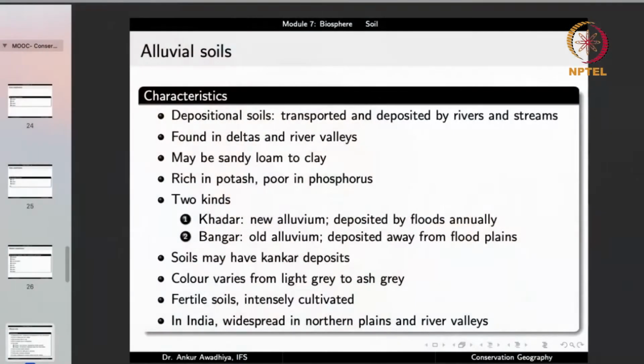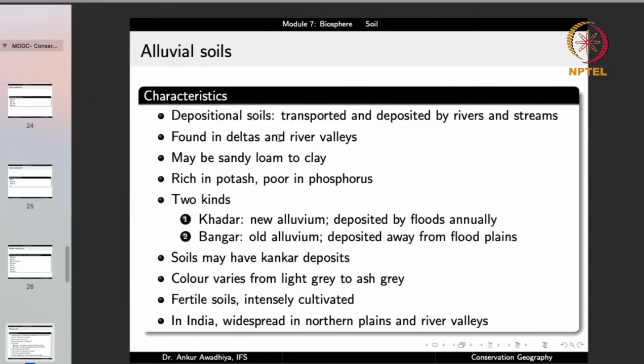So when we talked about the northern plains of India, we said that they are comprised of the alluvial soils that were deposited by the various rivers in this area. Indus and its tributaries, Ganga and its tributaries, Brahmaputra and its tributaries. Now all of these rivers were carrying sediments, and once they moved out of the mountainous areas and shifted to the plain areas, the speed reduced, they were not able to transport as well, and so they shed their sediments. Now these sediments form the alluvial soil.